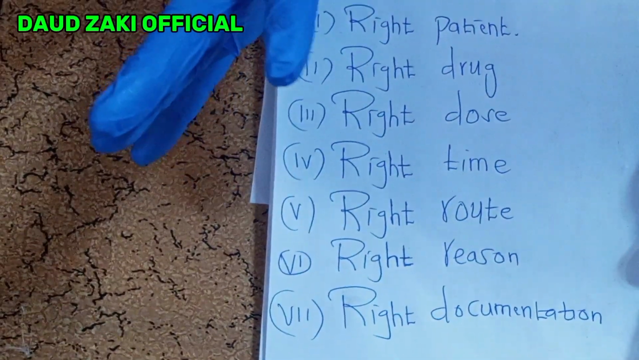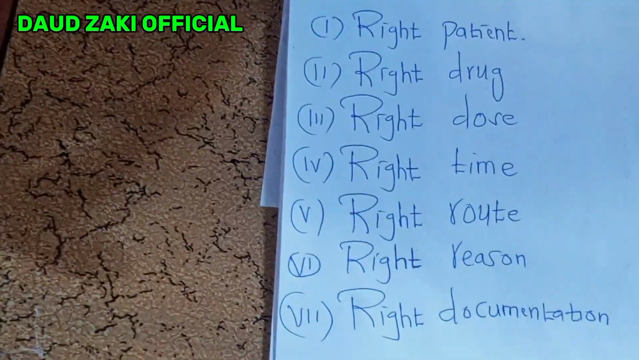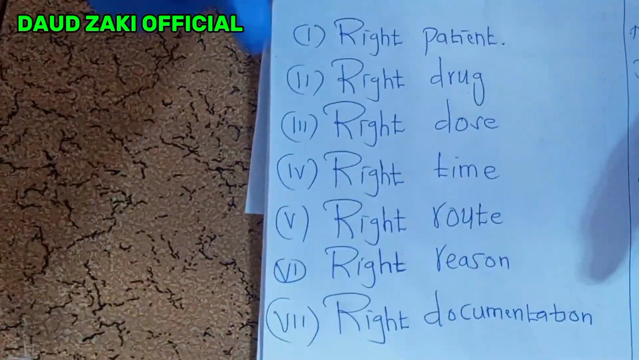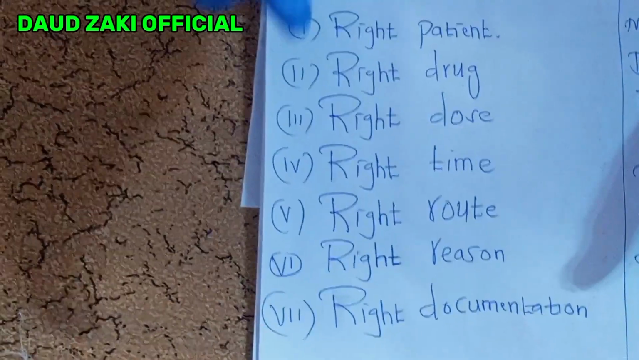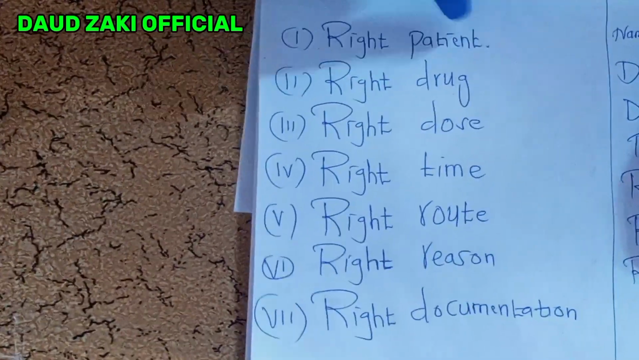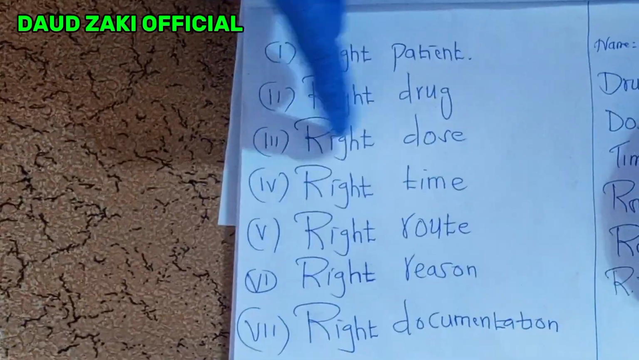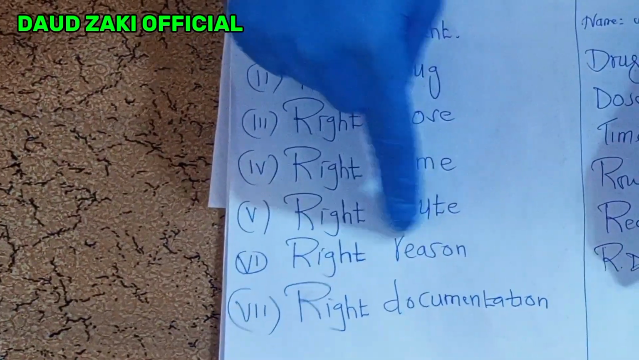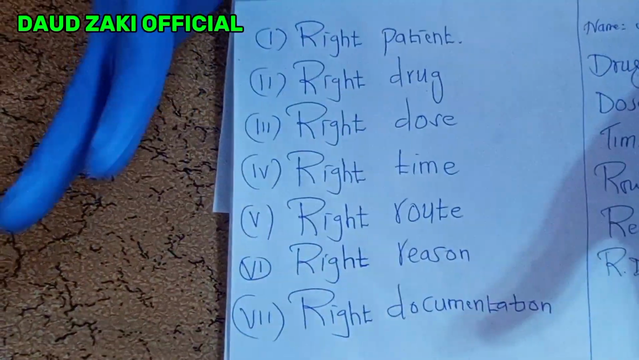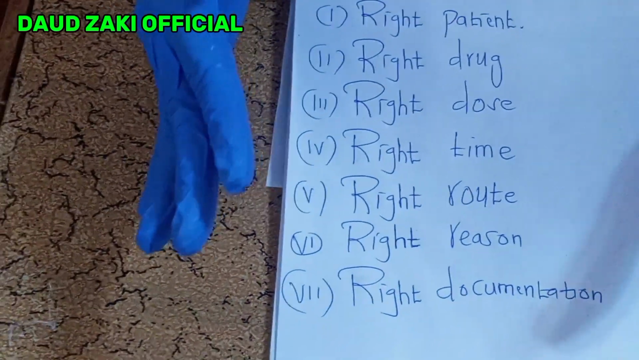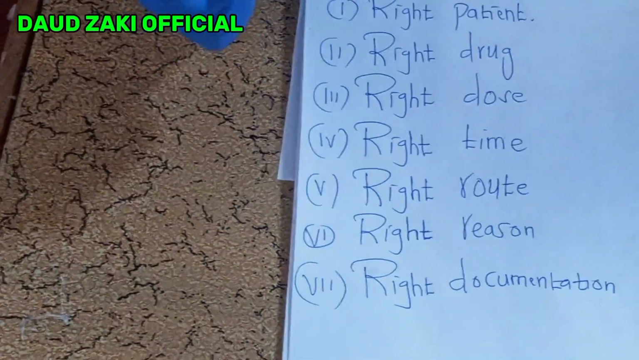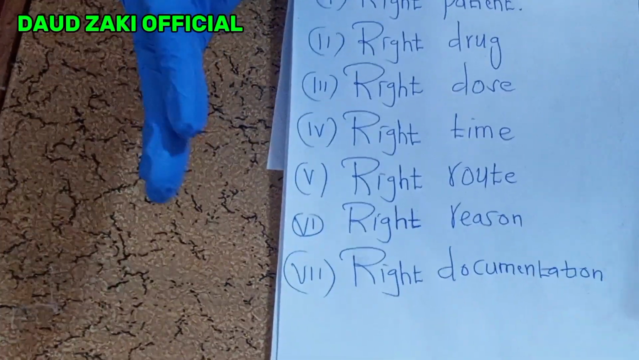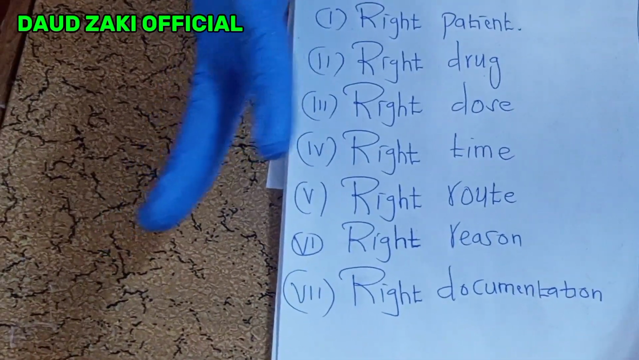When you finish withdrawing the drug from the ampoule, before you start administering the drug to the patient, make sure that you follow the 7 rights of drug administration. That is right patient, right drug, right dose, right time, right route, right reason, right documentation. Always ensure that you follow the 7 rights before you start administering the drug to the patient. So this is how you are going to prepare IV drug medication from a vial or